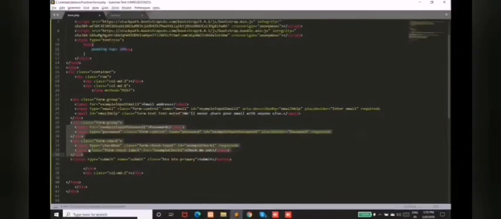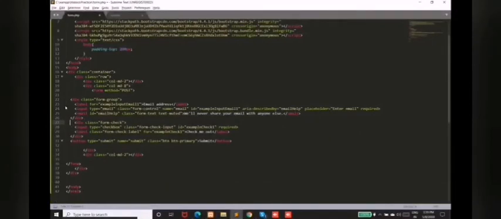I'll keep this checkbox also, remove this thing, and copy this with Control C.